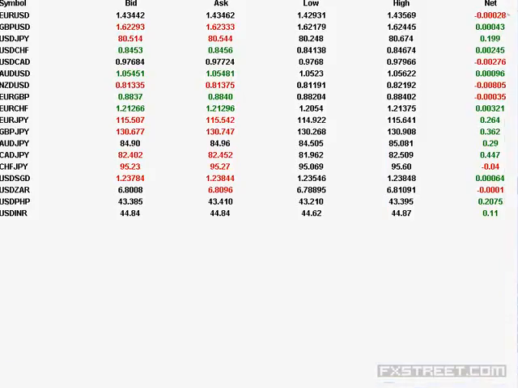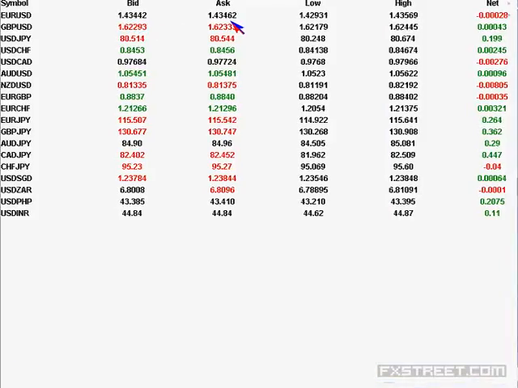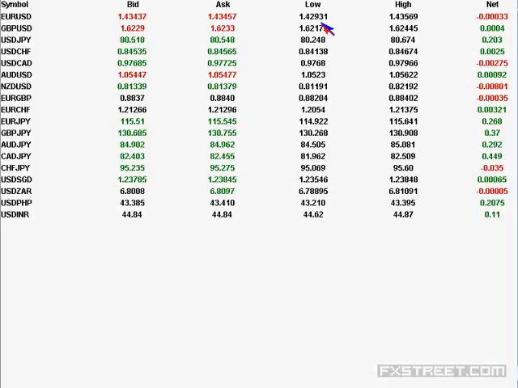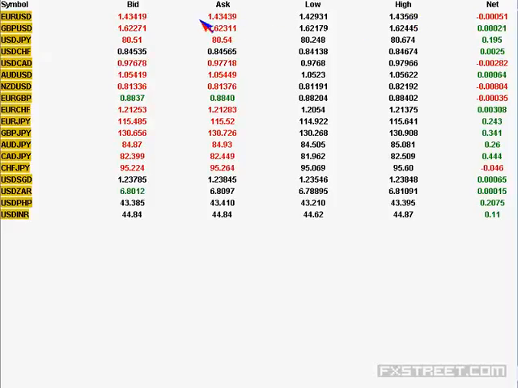Currently, Euro is trading around 1.4344, 1.4345. 1.4293 was the low, 1.4356 was the high, and about 3 pips negative net change is seen. During the start of the day, they just made a downward stop below the psychological level 1.43, and then regained the levels and formed a high, and they are simply holding it here. And it is a holiday in Europe, so there could be reduced volume in the market. As a result, you come across subdued moves happening here.